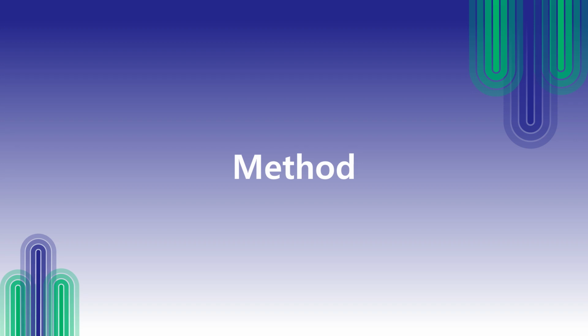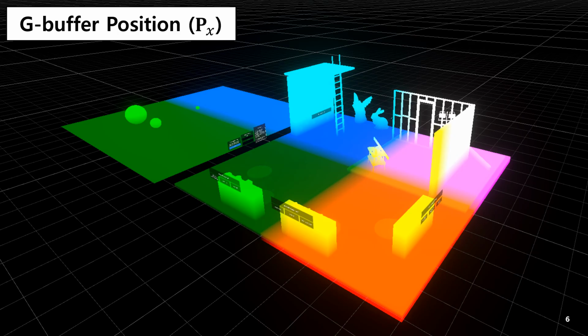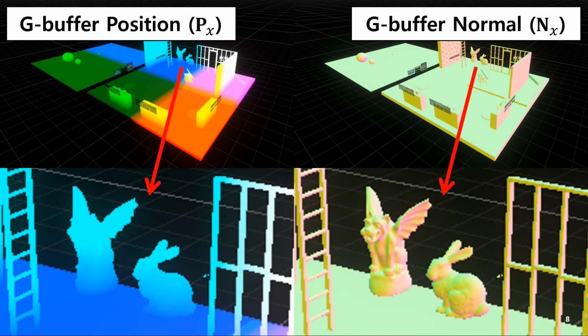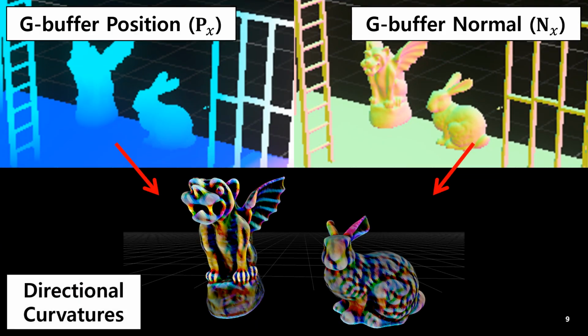That brings us to our method, which is a screen space method with a focus on line art quality. We take advantage of the existing G-buffers in deferred renderers. In these buffers, every pixel has an associated world space position and a world space normal. Positions and normals together provide a lot of geometric information. We combine them to locally parameterized surfaces from which we can derive the locations of feature lines on our geometry.